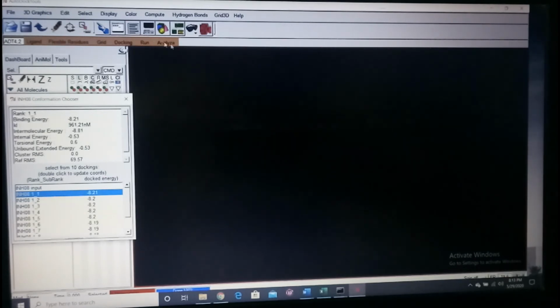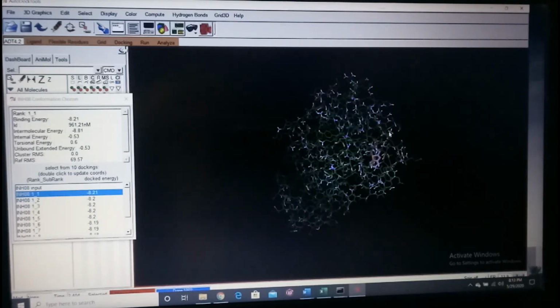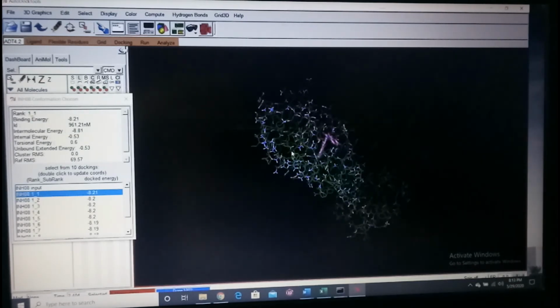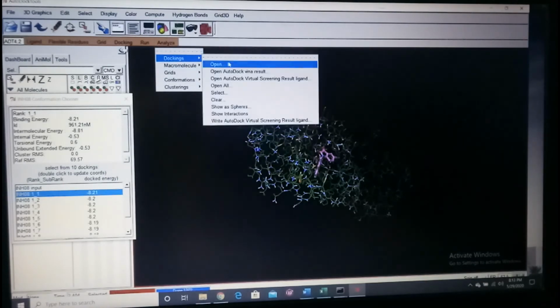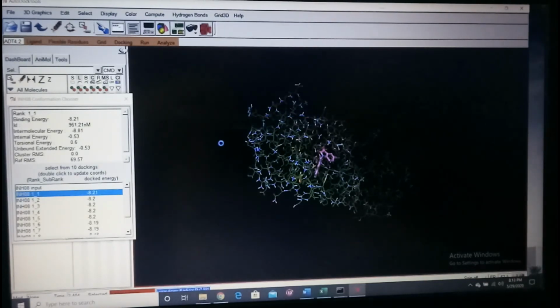Now open, go to analyze, macromolecule, and just open. So you can see the ligand has fit into the active site of the receptor. We'll see the proper interactions now. Again go to analyze, docking, show interactions.